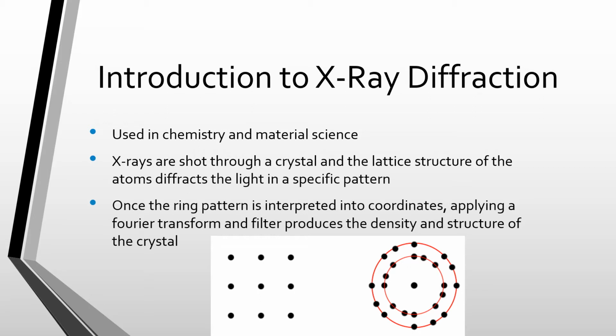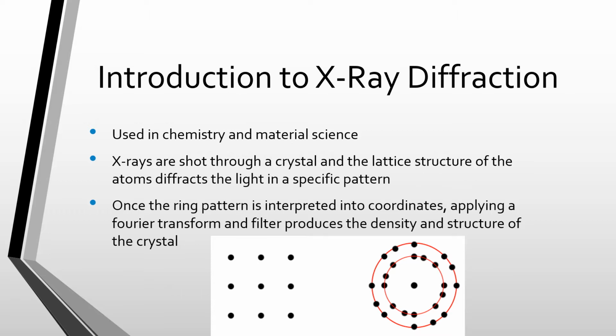So you can see here in the bottom right, which is the concentric rings. This is what happens when those lattice structures don't fully overlap. You can see here that once you get these rings, you can then interpret them into coordinates and then apply a filter transform to those coordinates and a filter, and that will then produce the density and structure of that